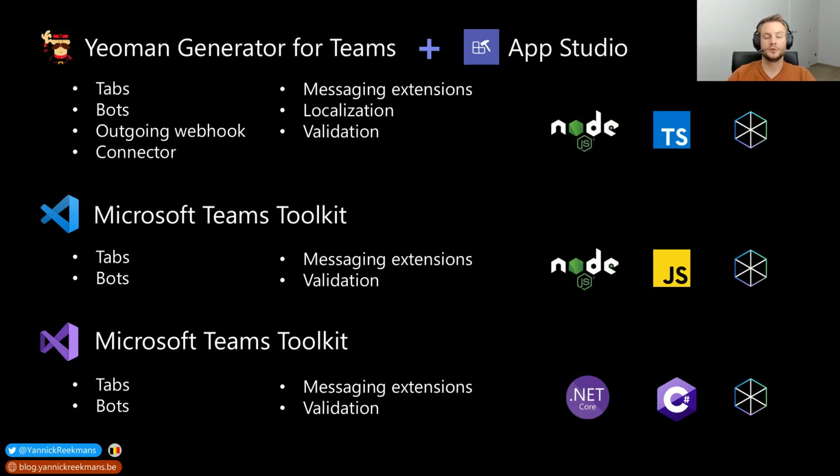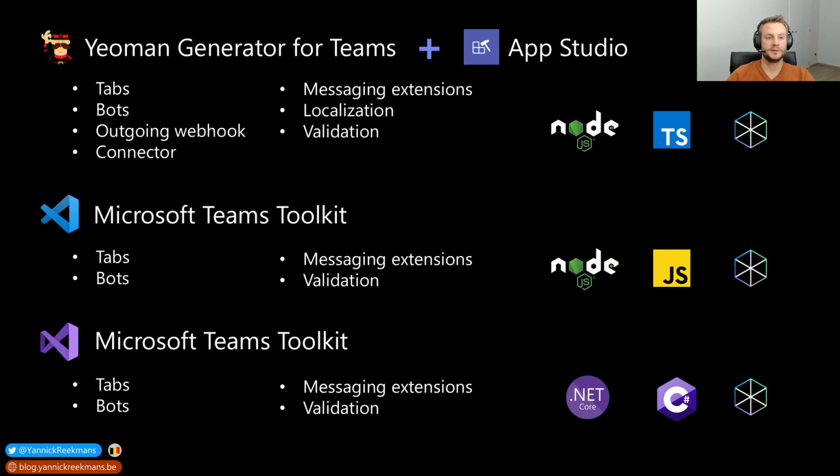When you go to Visual Studio, it will create everything based on .NET Core, so .NET Core, ASP.NET MVC. And it will create all the files in C#. Also there it will include the Stardust or Fluent UI North Star components for a native look and feel of your application. So you see here all of the toolkits or extensibility options in the IDEs available, but